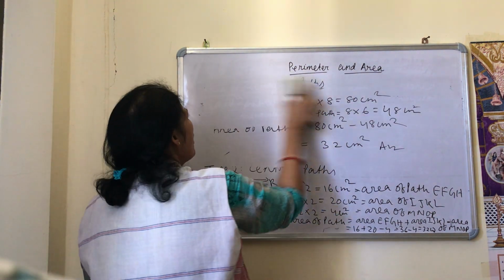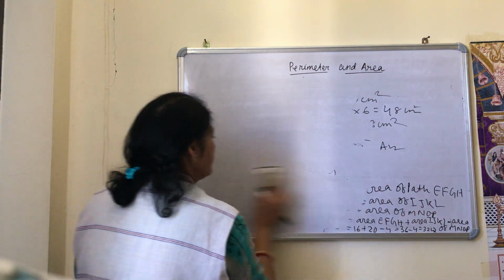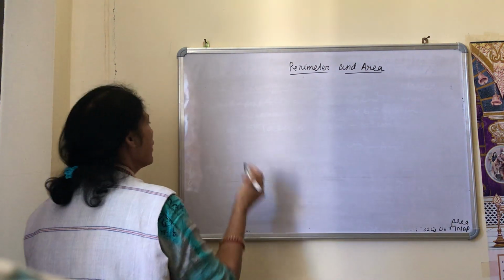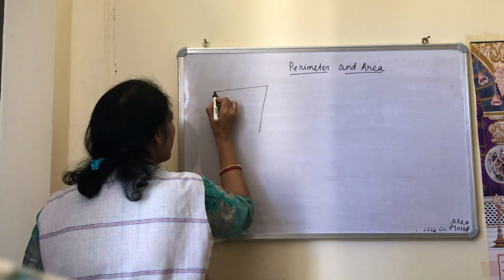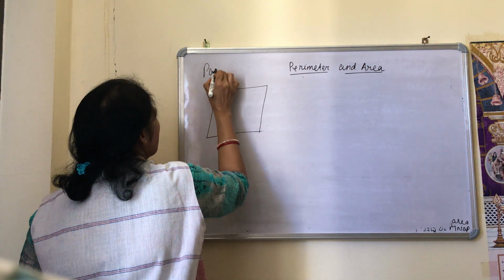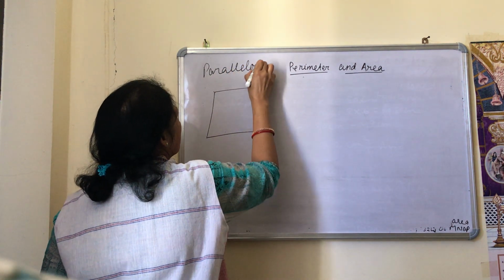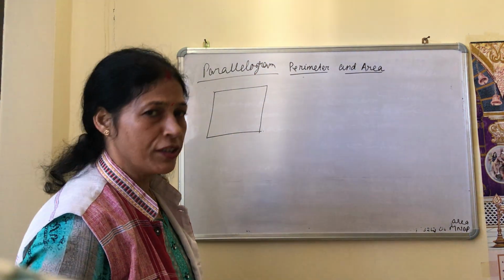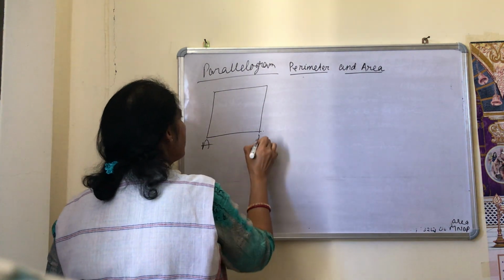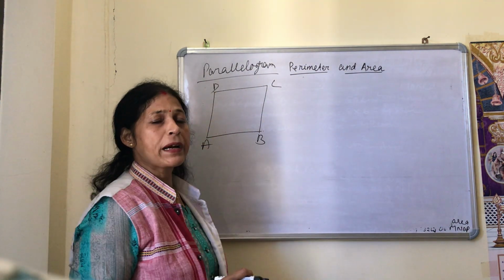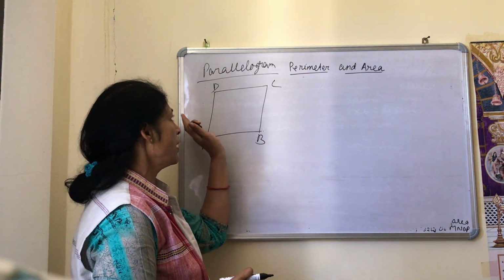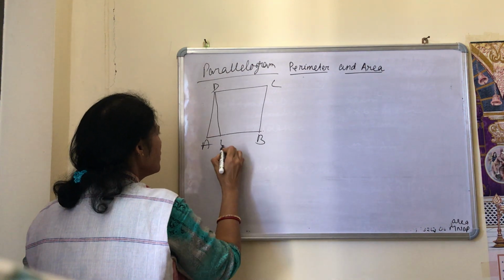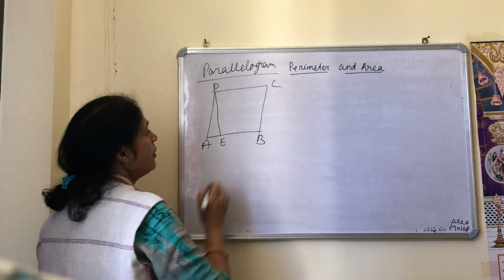Now come to the area of a parallelogram. What is the formula of the area of a parallelogram? You know the definition of a parallelogram: opposite sides are parallel and equal. Suppose ABCD is a parallelogram, that means AB is equal to CD and AD is equal to BC. Okay, now you draw a height. Suppose this is E. Then you extend this